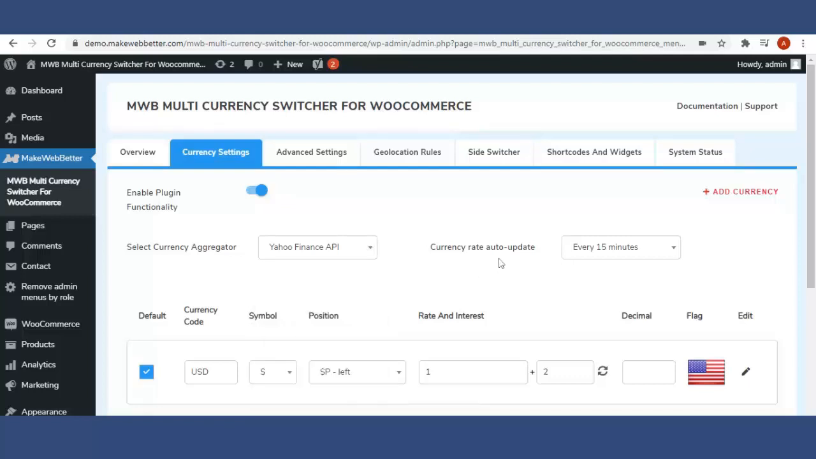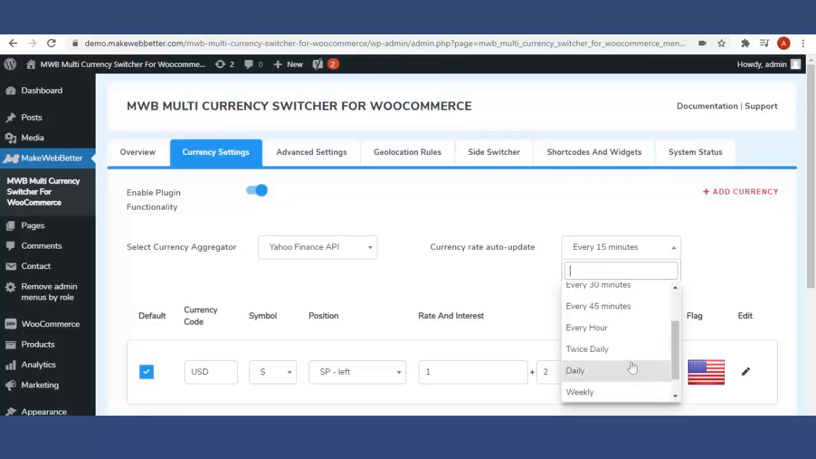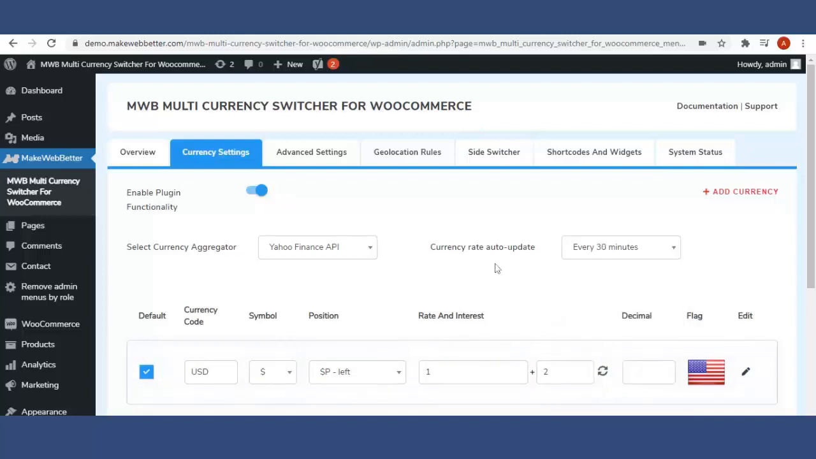Next is currency rate auto update. The admin or the WooCommerce merchant can also set the currency rate auto update. We have provided 7 options like every 15 minutes, every 30 minutes, every 45 minutes, every hour, twice daily, weekly, and monthly. So if I have selected every 30 minutes, then every 30 minutes the currency rate will be auto